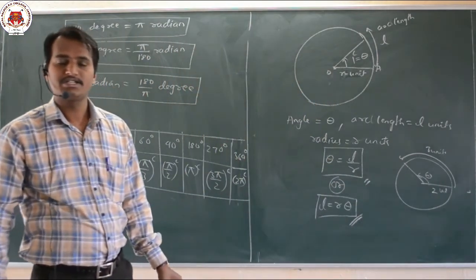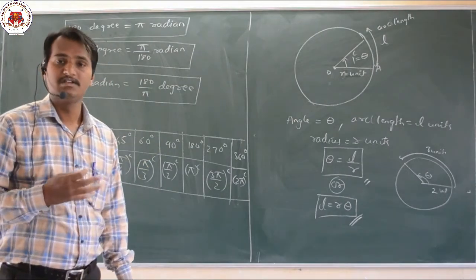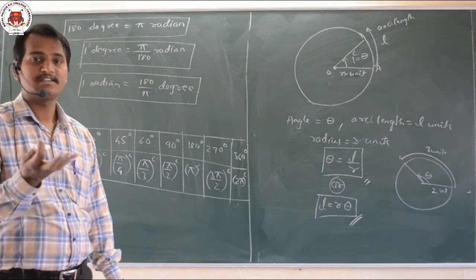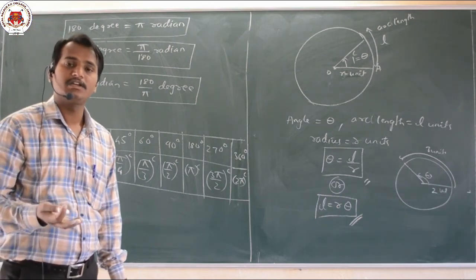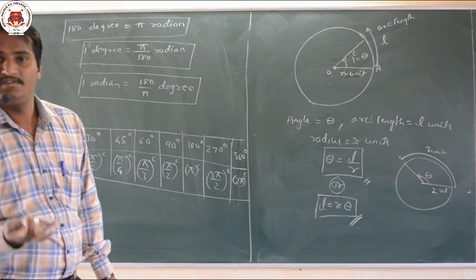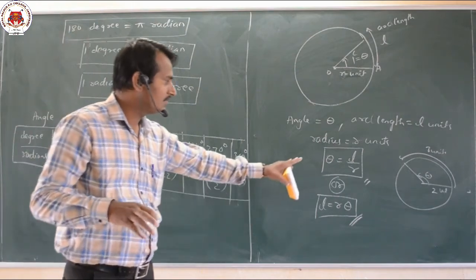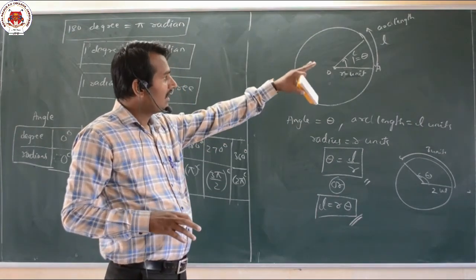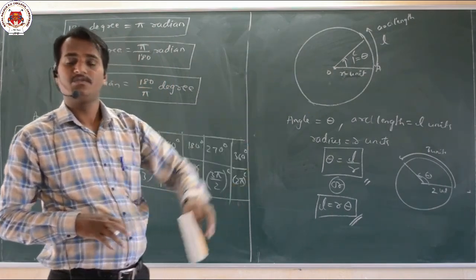Okay, dear students, this is all about the basic things, the introduction to our exercise 3.1, all the basic things that we require for exercise number 3.1. In the next session, we shall start with the problems, how we have to convert degrees to radians, radians to degrees, and we shall see the applied problems related to this formula, that is finding the angle when both arc length and radius are given, or any two terms are given. That we shall observe in the next class.